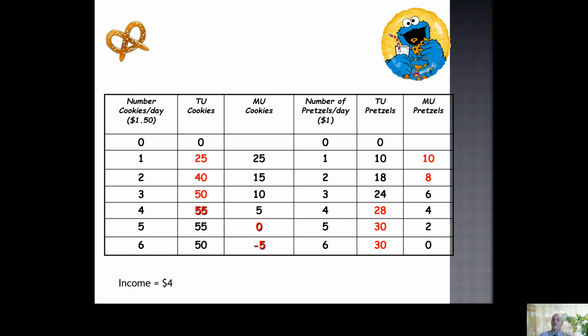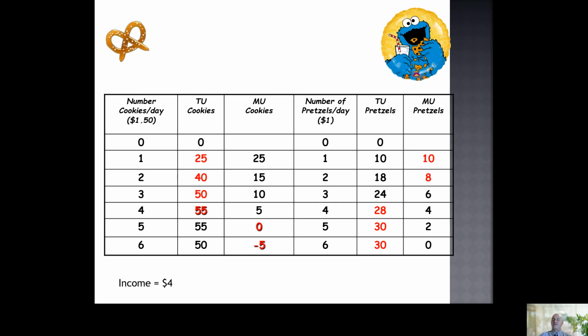So again, you have to complete your total utility and marginal utility columns. You'll notice that marginal utility declines the more cookies and pretzels you consume. Every additional cookie gives you less and less satisfaction. Now notice in this case, if I go from 4 cookies to 5 cookies, I'm no happier with 5 than I was with 4. My 5th cookie did nothing for me. My 6th cookie actually takes away my level of satisfaction. Maybe I got sick. I shouldn't have eaten the 6th cookie. I'm no longer as happy as I was with 4 cookies. I should have just stopped there.